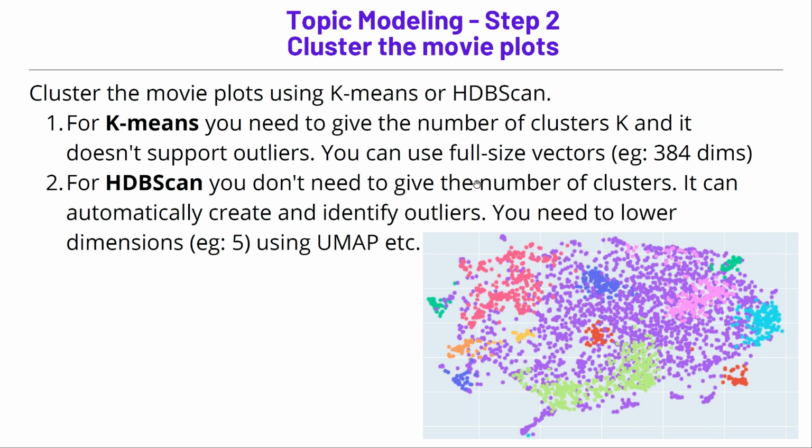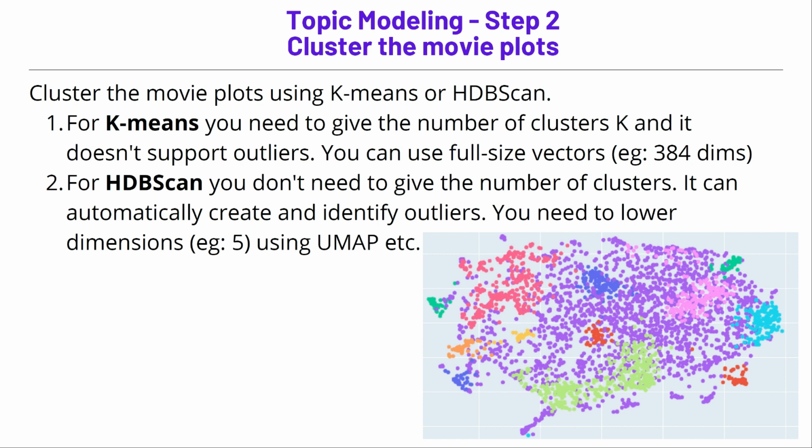But for HDBSCAN, you need to lower the dimensions from 384 to a lower dimension, because HDBSCAN can operate computationally on lower dimensions, and it's also more effective at grouping them together if you have a lower dimensional number, for example, let's say 5. So what you need to do is convert these 384 dimensional vectors into a lower dimensional vector of length, let's say 5, using dimensionality reduction algorithms like UMAP, t-SNE or PCA, etc. One disadvantage with HDBSCAN is that since we can't control how many will go into outliers, a large number of points could be placed into outliers as well. Anyways,